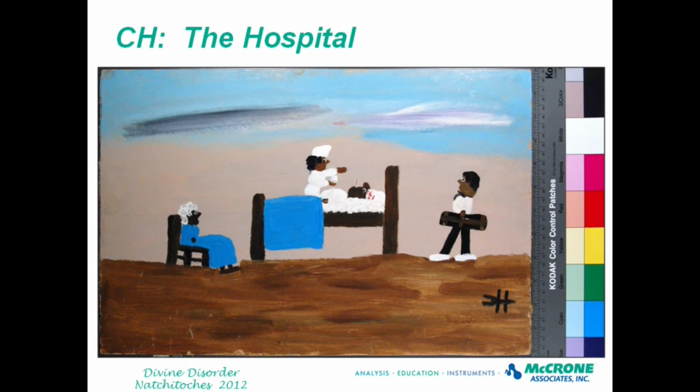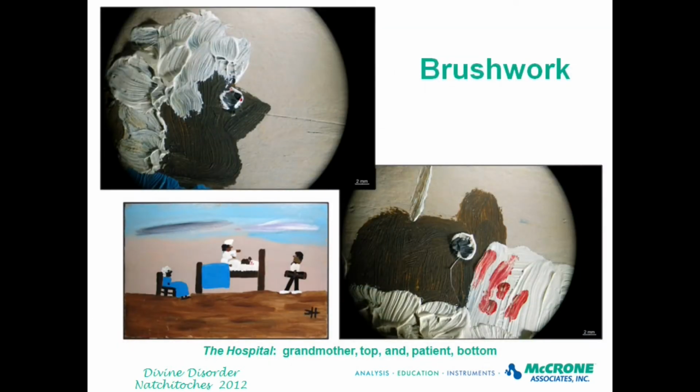Here's the first, this is the hospital, which was the very first painting that I examined, and I sort of fell in love with Clementine Hunter's work in examining this painting. It has this strange sort of hospital in the middle of nowhere, out in space almost, it seems. But what really got me was looking at these under the microscope. There's some really